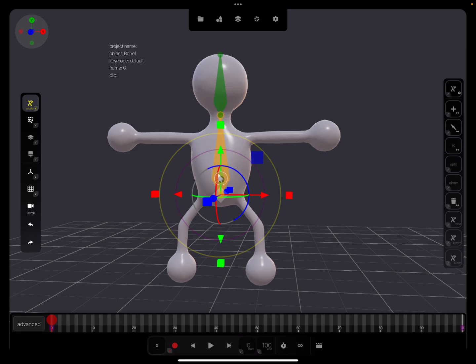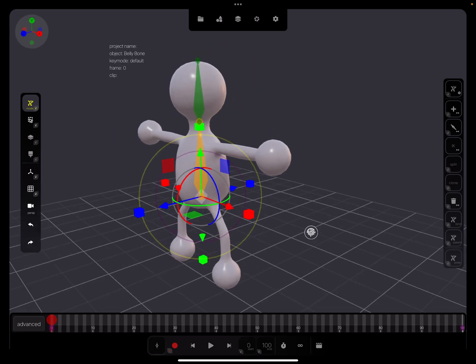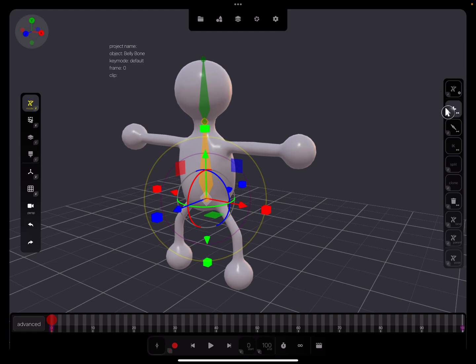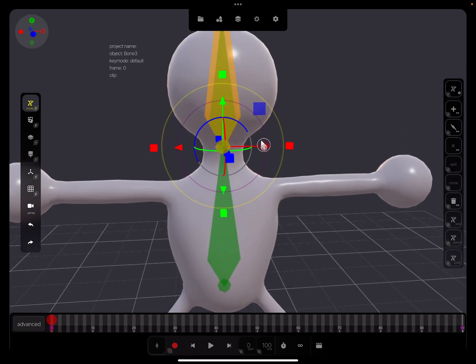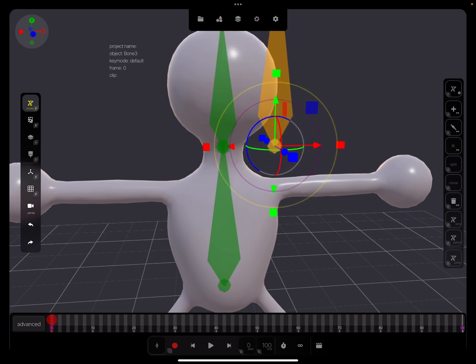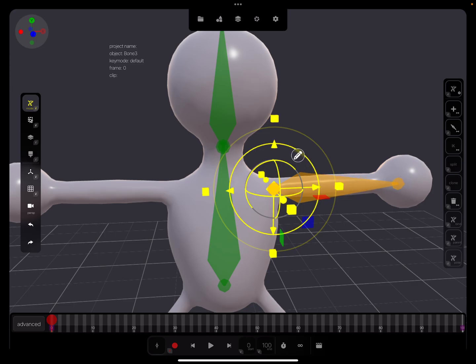So for the center bone here, we need now separate bones for the arms and for the legs. So select, so maybe this bone is selected, but select this one. And then here in the side menu, add a connected bone like this. And then use the gizmo to place the bone in the correct direction. And as I said, for scaling, use only the